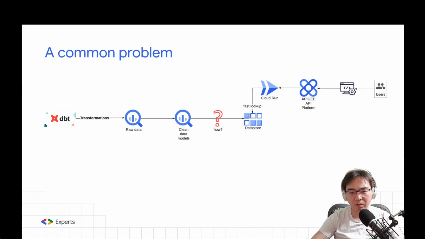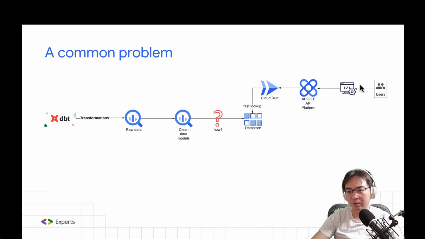Okay, let's have a look at the problem. If you look at this diagram, this is a quite typical workflow. Imagine you have teams that run DBT. These are usually your analytics engineering analytics teams. They write SQL and then they do transformations on your data from the raw data, very, very messy stuff, into clean data models. But the problem is when you get to this stage, you can't really get these data models into what we typically call analytics operations, which is to get them into things like Cloud Datastore to serve